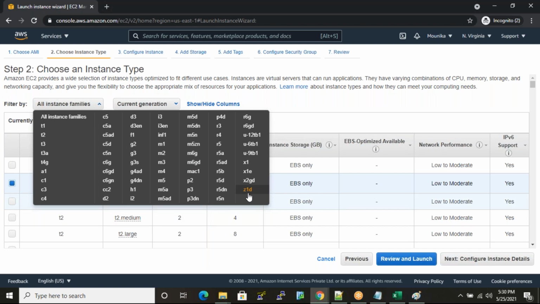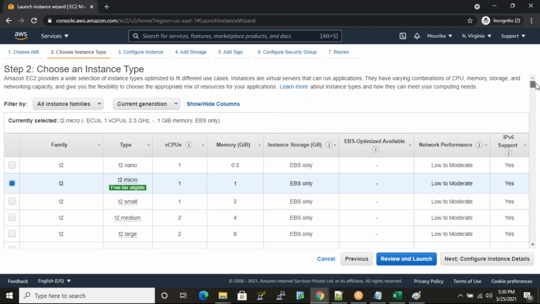In Z1D they provide many CPUs plus 4 TB of RAM, but in T1 they provide only 1 CPU plus 0.5 GB of RAM. So T1 is the lesser configuration, and Z1D is the higher configuration. Is everyone clear on this?